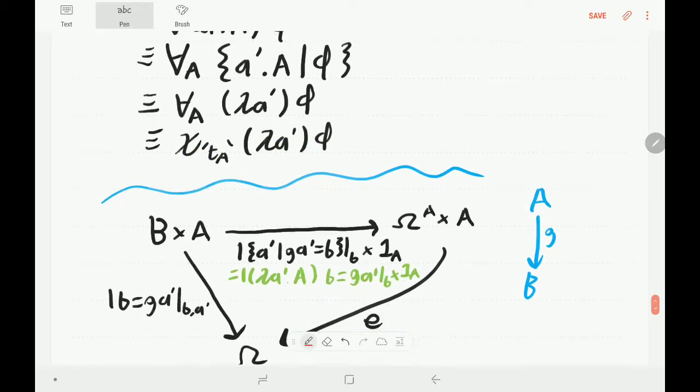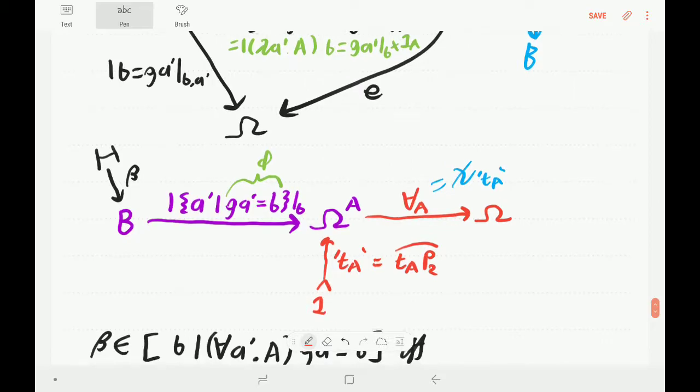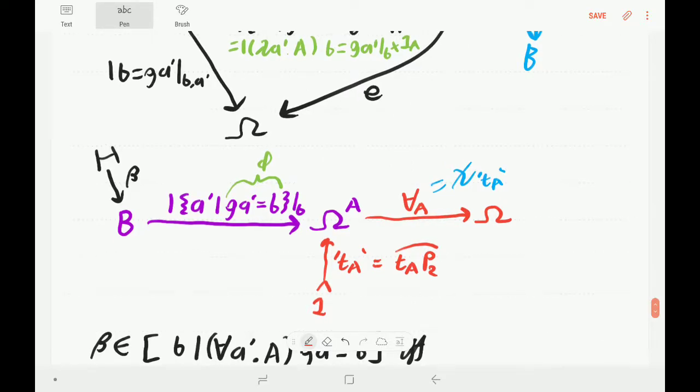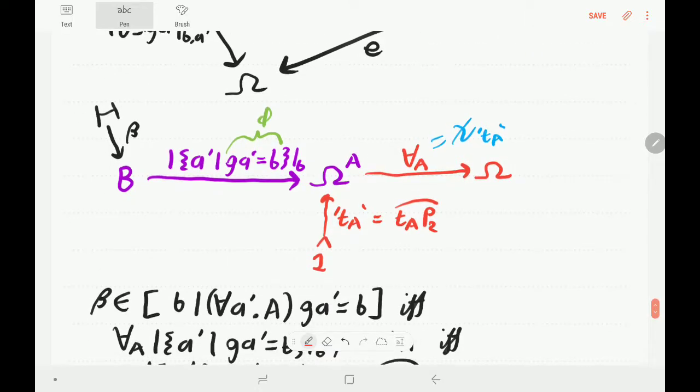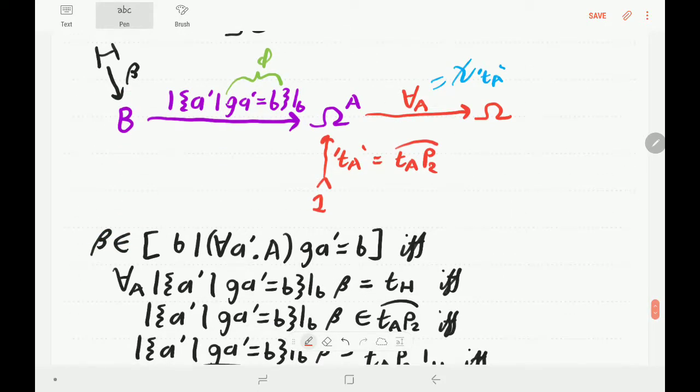There's lots of abbreviations and stuff going on here. But how do we understand what it means? Well, basically, like I say, what it means is it's classifying the sub-object of B which makes this condition phi hold for all A. But let's see this. Okay, so let's consider a general element, an H element beta of B. Well, beta is going to be in this extension here of B such that for all A dash, we have GA dash equals B, if and only if,